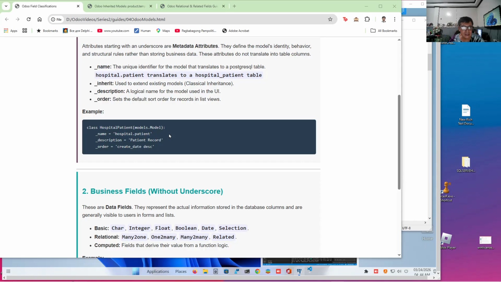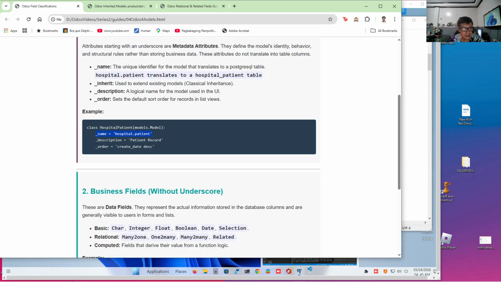This metadata associates a model name, so we formally associate this class with hospital.patient. What is the significance of this name metadata? In Odoo, we have to declare it as hospital.patient, hospital being our app and patient being our model.